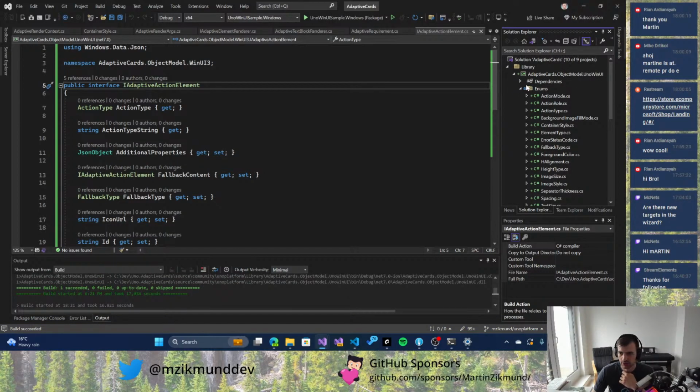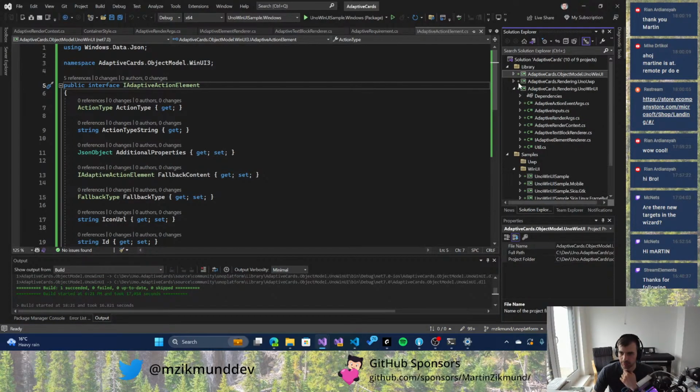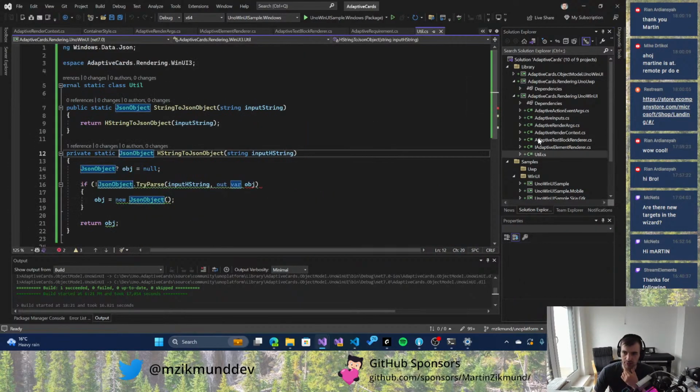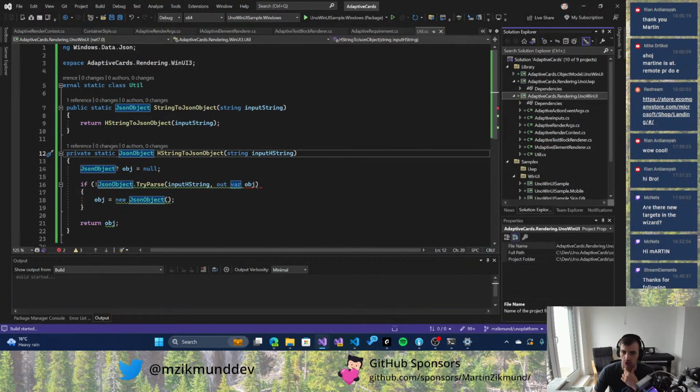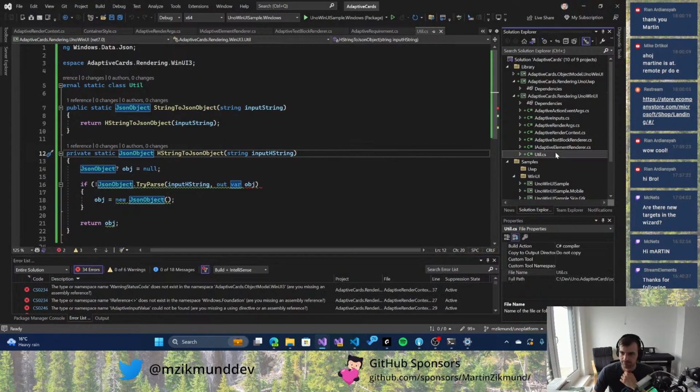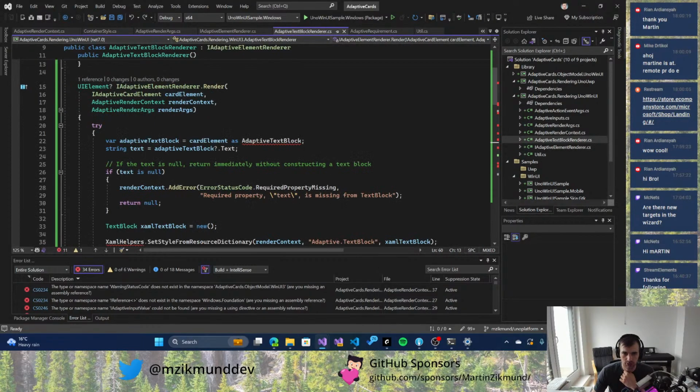And that library actually compiles even now. What we don't have working is the rendering library, which doesn't compile because we have a lot of invalid references there. But that's not a big problem. We can continue on that next time. And I think the easiest